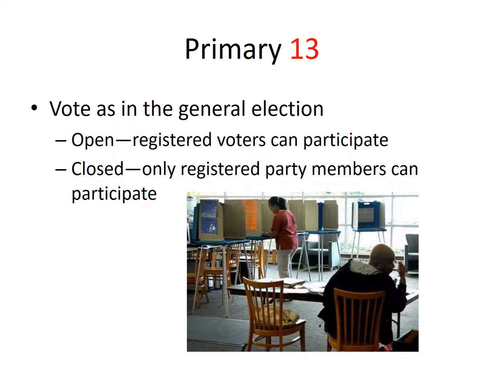And for the primary, you have states that use the open primary, and then you have states that use the closed primary. Or you can be a state like Oklahoma where one political party, the Democrats, has the open primary. You can be a registered Democrat or independent. And the Republican Party in the state has a closed primary. Only registered party members can participate.